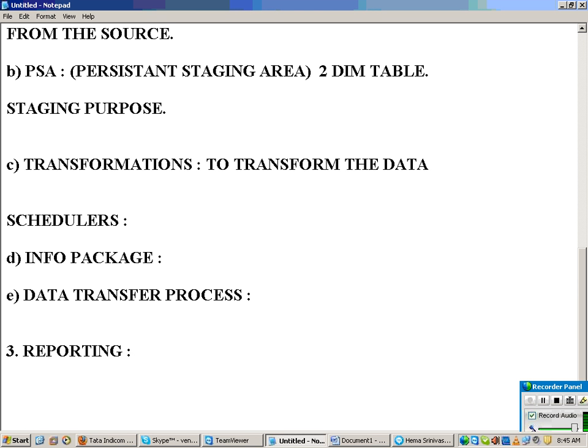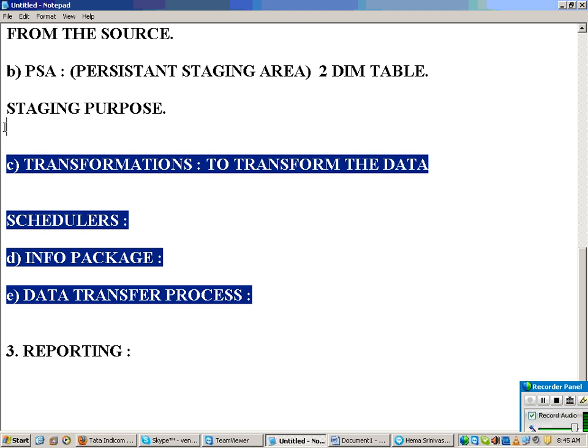See now, until this extraction it is one and the same. Now, what happens? Now suppose my client is using a reporting tool called Cognos. He says, I don't want reporting with your default reporting tool provided by SAP called Business Explorer. I want reporting with Cognos. So that means this BI will be integrated with Cognos. So the reporting tool may be different. It's client to client. He may suggest what tool he wants, so that BI can be implemented with it. But extraction part is one and the same.